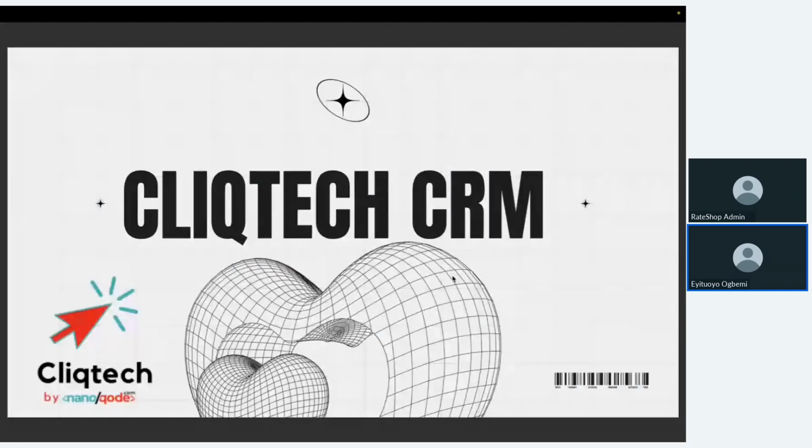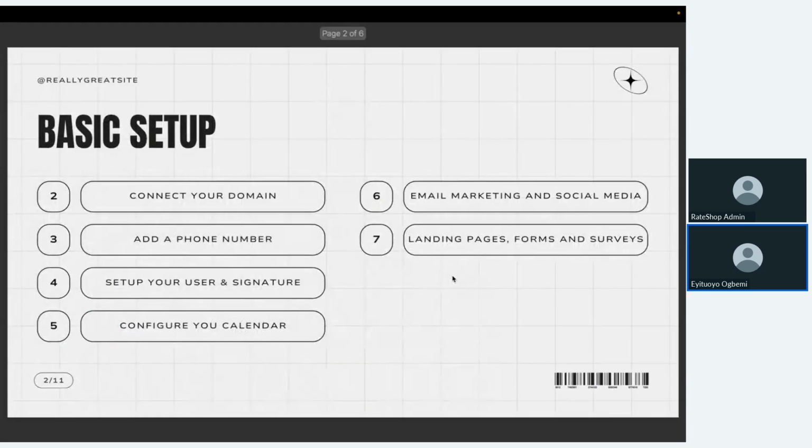Going to focus on basic setup. We're going to also talk about communicating with your clients, a little bit about pipeline, and a little bit about automations. We talk about basic setup. We're referring to connecting your domain, setting up your user account and signature, configuring your calendar, then your marketing and social media, plus the various landing